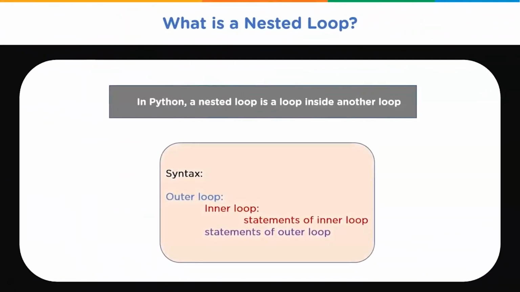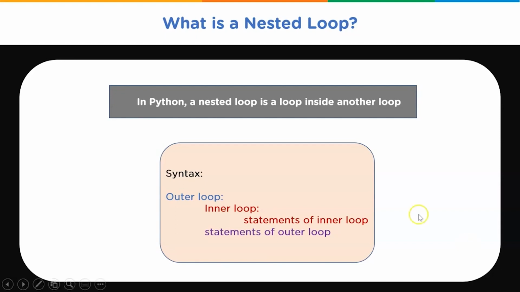So, what is a nested loop? Python programming language allows you to use one loop inside another loop. This is known as a nested loop. It is present inside the body of the outer loop. The inner or outer loop can be a for loop or a while loop. The outer for loop can contain a while loop, or an outer while loop can contain a for loop inside it. In Python nested loops, the outer loop can have more than one inner loop. There is no limitation on the chaining of loops.